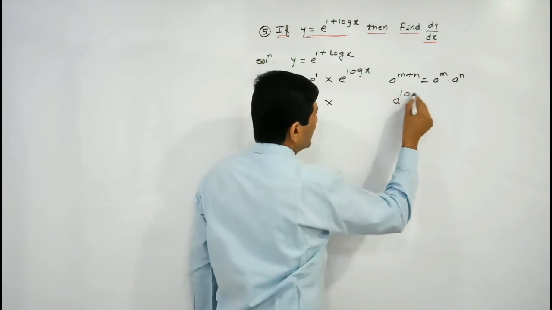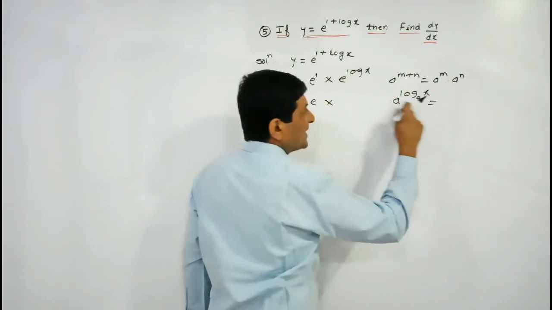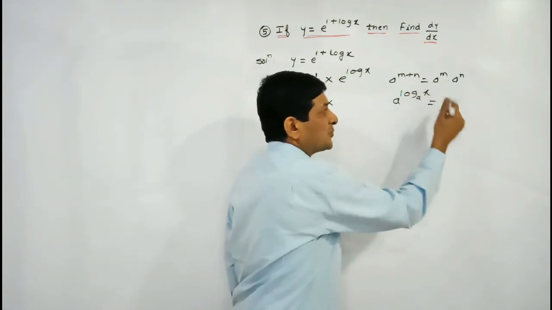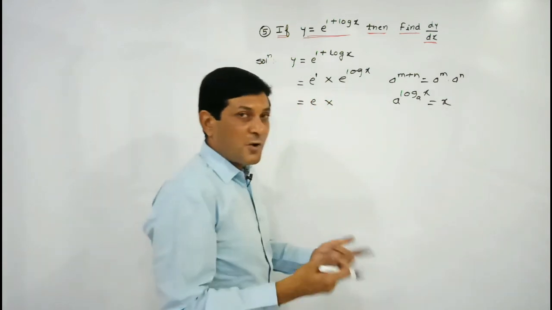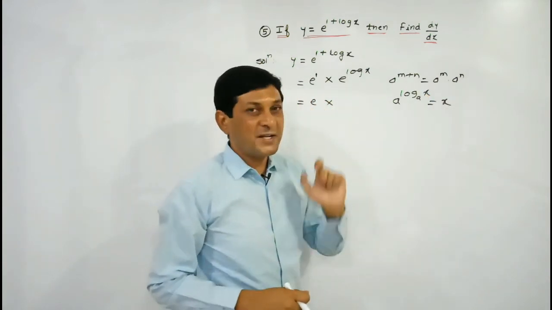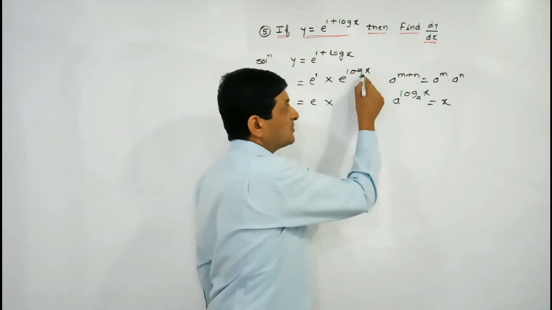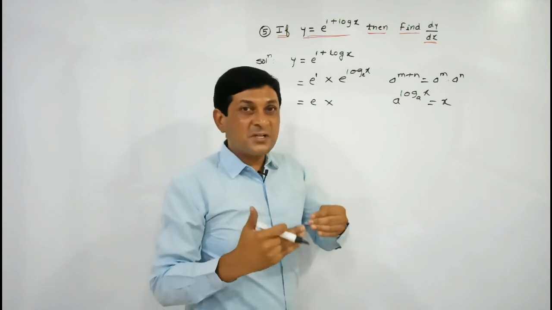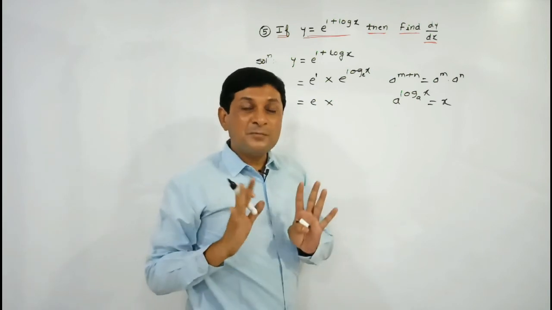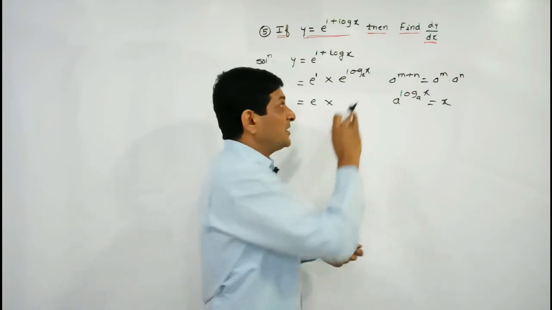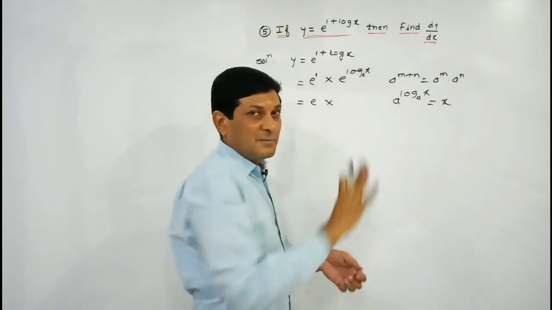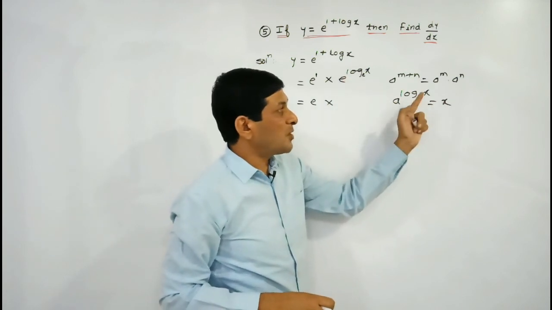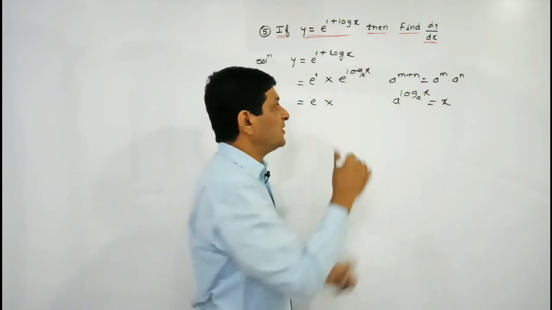e raised to power 1, can I say that its value is equal to e, into, again we have one property, a raised to power log of x to the base a. If a is the power, and the log term also has base a, then according to the property of logarithm, its value is equal to what? x. Here, if nothing is written for the base, what is the base? It is e, because in calculus we are studying what? Natural logarithm, and the base of the logarithm is what? e. If nothing is written here, it is considered that the base is e here. Now this expression is exactly in the form of this property, and according to this property its value is equal to what? x.